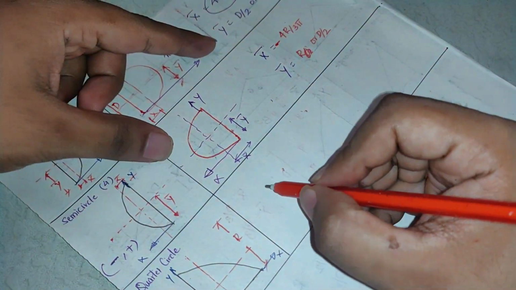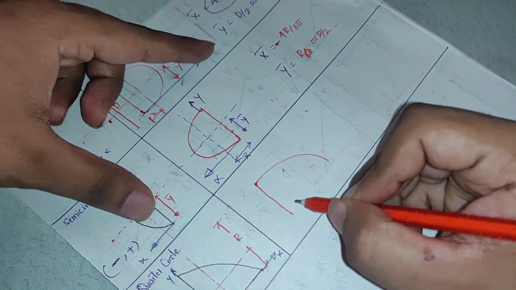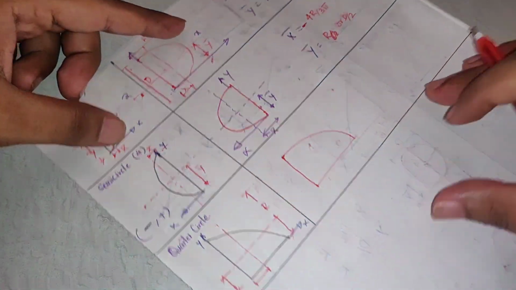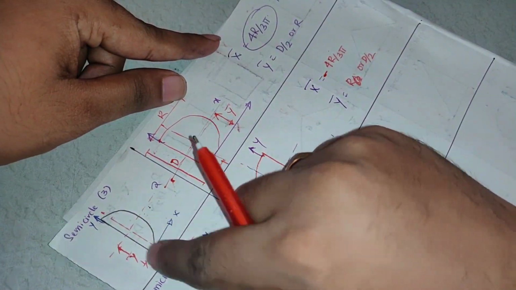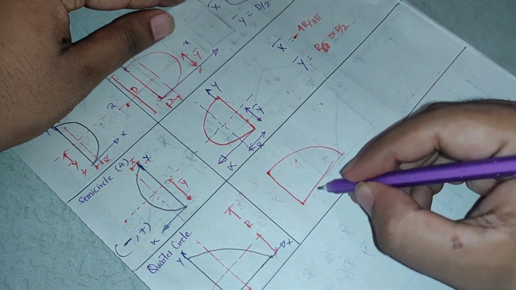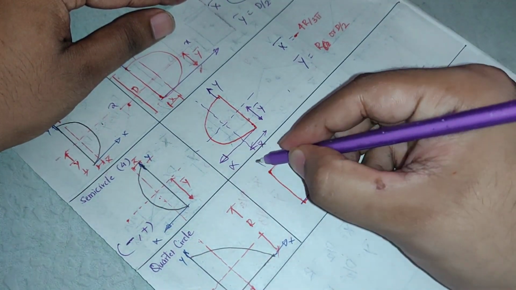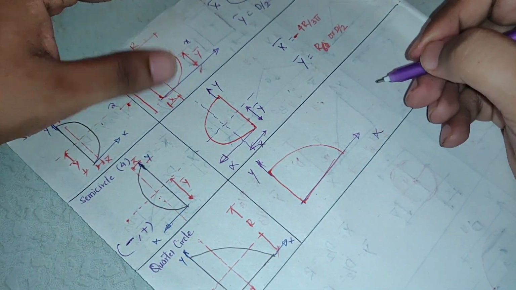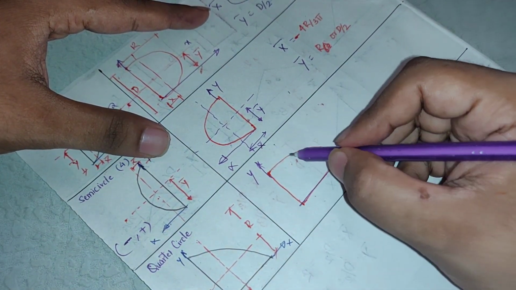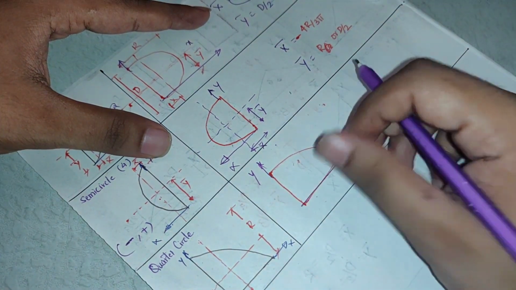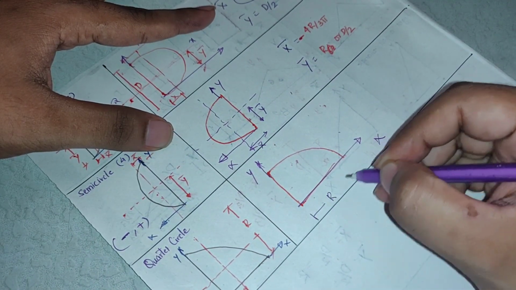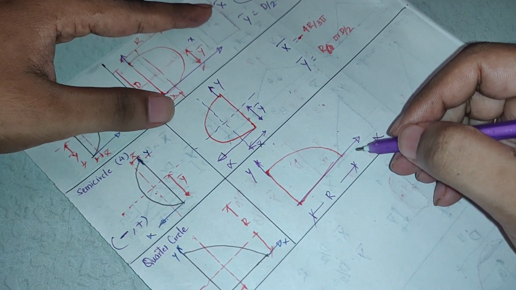Now next, moving on to the quarter circle. Quarter circle, if you see, this was the semicircle. I'll deduct half of this area and I'll take only this part. Here, I'll take out this bottom part and I'll only consider the first part. Now when you consider this, I'll place the reference axis here. This is y, this is x. Now, is this symmetric about the axis? No, the area is not equal. If I divide this exactly in half, will the area be equal? No. This is r, this is the radius.